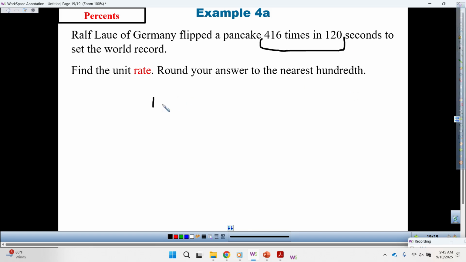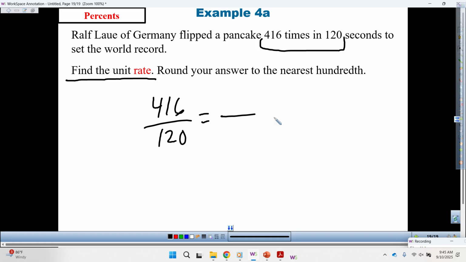So what do I write? 416 over 120. Is that correct? And you're just paying attention. Don't write this down. Focus, please. Look up, please. From there, when they want me to find the unit rate, I make a proportion, and I